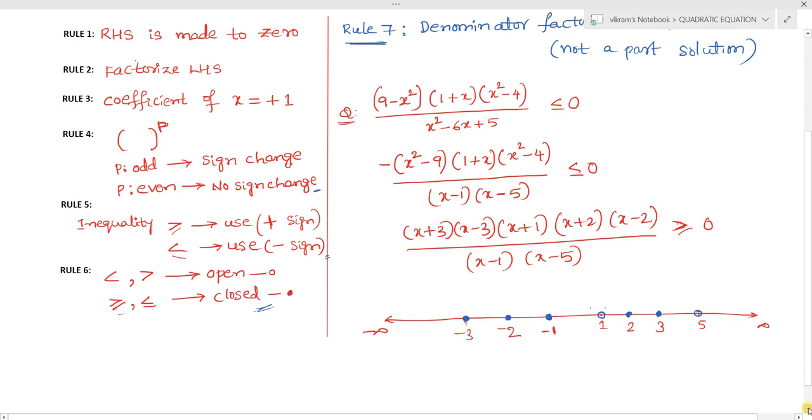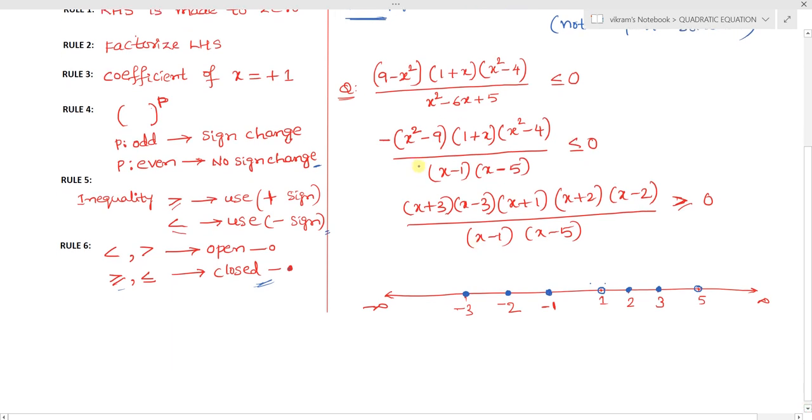So next, how to do this? Clearly check here, every factor is having the odd power. So if every factor is having the odd power, simply change the plus and minus sign alternately. First of all, represent the right of the rightmost root. 5 is the rightmost root, so to the right of the rightmost root it is plus, then since every factor has an odd power, minus, and from 3 to 2 it is plus, and 1 to 2 it is minus, again plus, minus, plus,